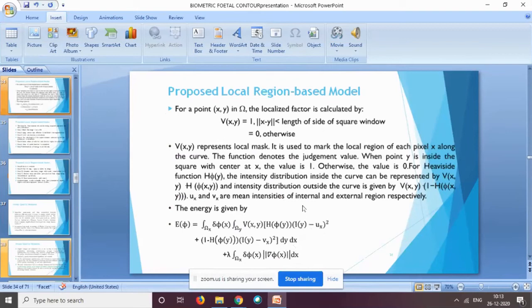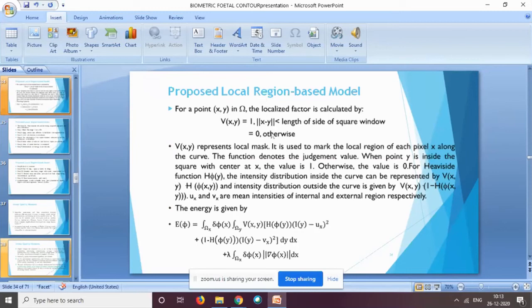On the boundary, rather than taking one complete curve, I'm using small circles, or in this particular case a square window, and that square window moves on the boundary of my object. For each boundary point I'm calculating the average intensity inside the square and the average intensity outside the curve. This is how I'm calculating the internal and external energy.